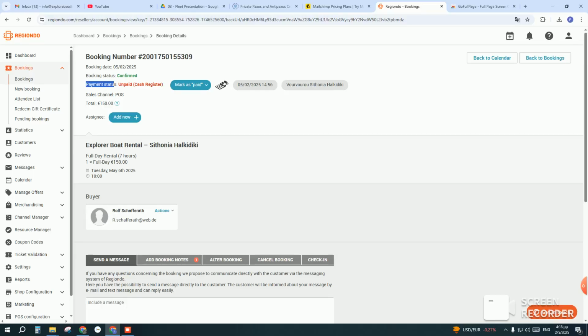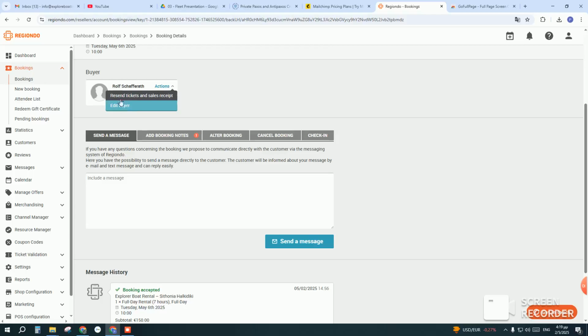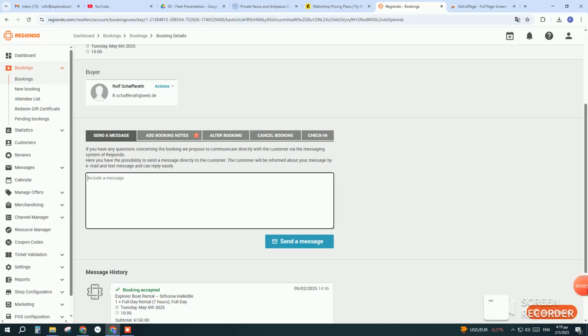Here in the payment status it says unpaid. When the booking is finished, you click here and you select mark as paid with one of these options. Again, an overview of the booking, the buyer's details. You can edit some of the information here like name and email, and here at the bottom you have all these important functions. If you want to send a message, to add booking notes,